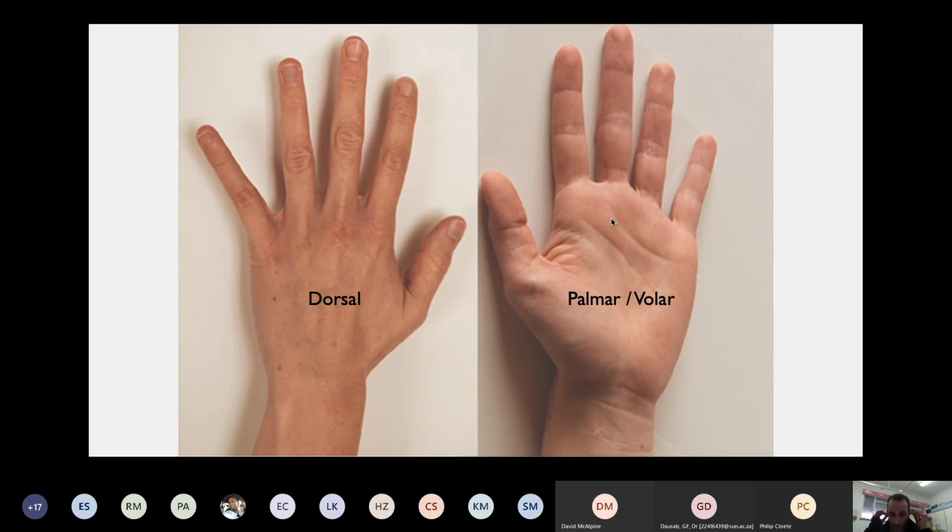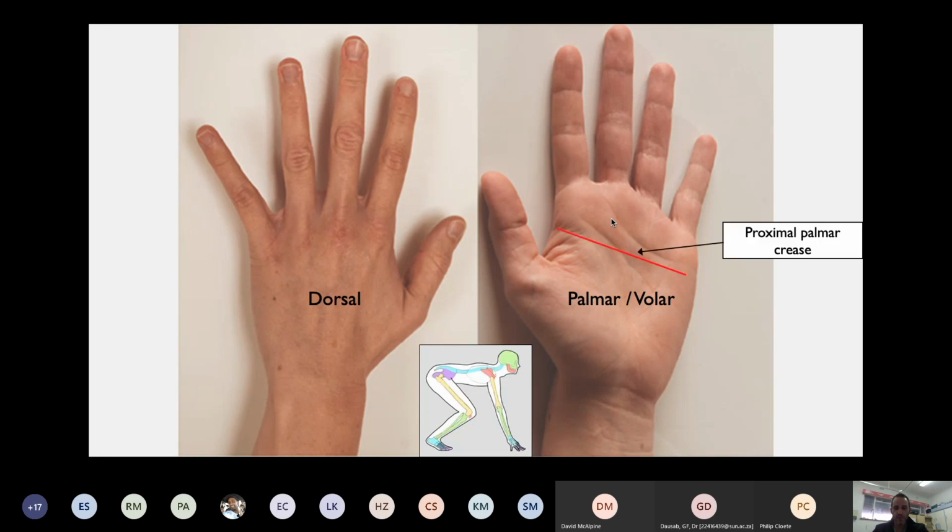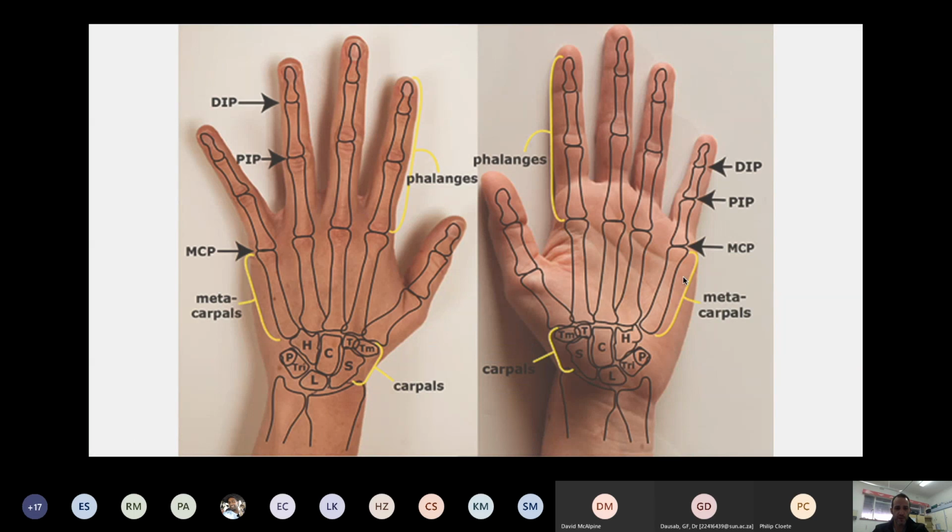So in case you don't know what you're looking at or don't know the terminology, dorsal is the back of your hand. Palmar or volar aspect, which can be confusing, is obviously the palm of your hand. And this relates to when we used to walk on all fours, so the palmar aspect would be the volar aspect. The proximal palmar crease is that crease where, when you're applying a volar slab, that's the distal limit of your slab. So you don't want it to go further than that. And the reason for that is because the metacarpal head of the index finger